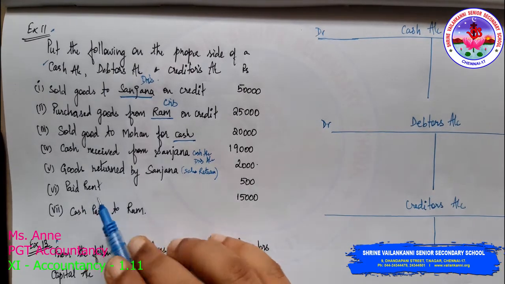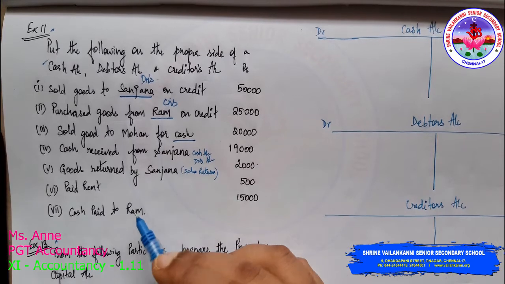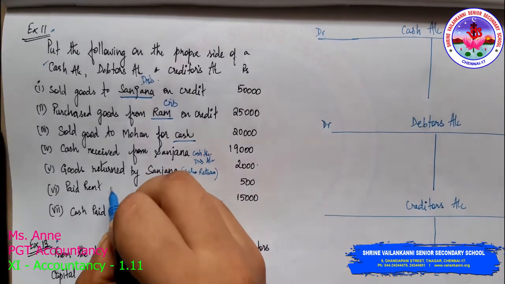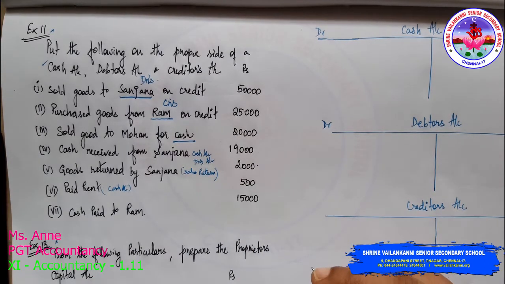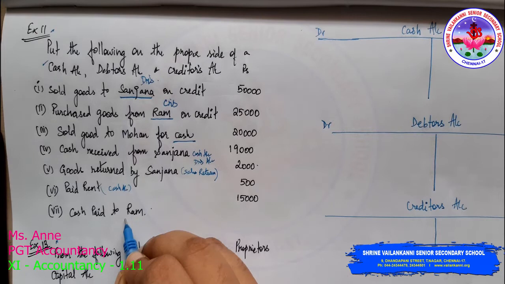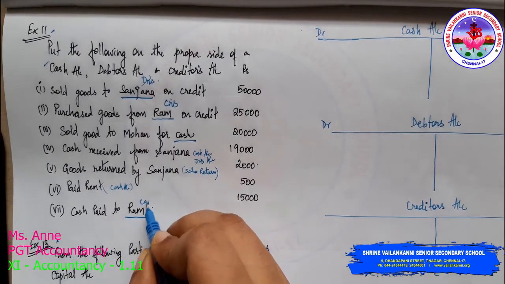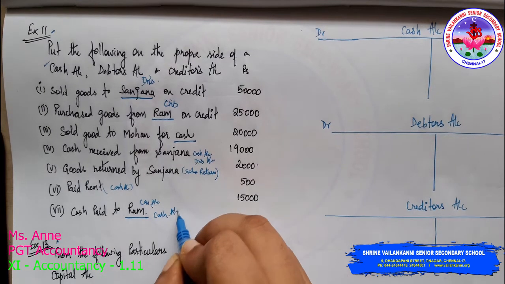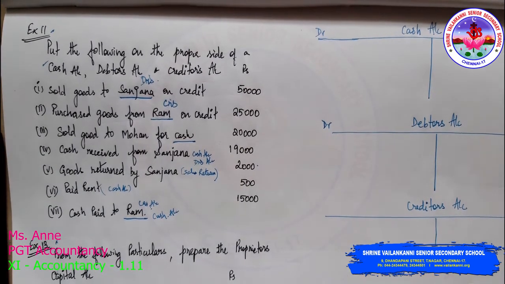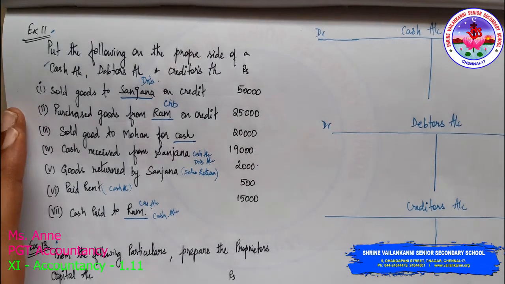Then we have paid rent. Rent we are paying in the form of cash, so it will affect only the cash account. Cash paid to Ram. Now creditors as well as cash account, because Ram is our creditor, so it will affect the creditors account as well as the cash account. I'm sure that you are able to follow whatever I am trying to say. So now we are going to put it in the respective